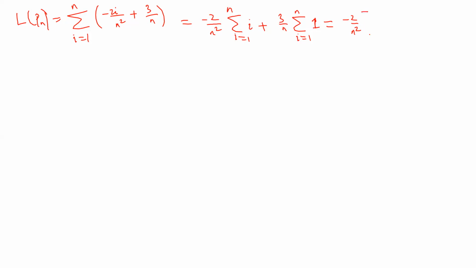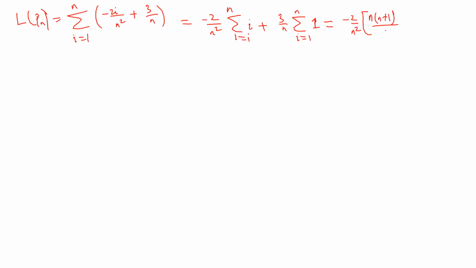What is the summation of i? The summation of i is the sum of the natural numbers from 1 to n. So from school it is an arithmetic series. 1 plus 2 plus 3 is an arithmetic series with a common difference. We know that the sum of this, we did it last time, is n into n plus